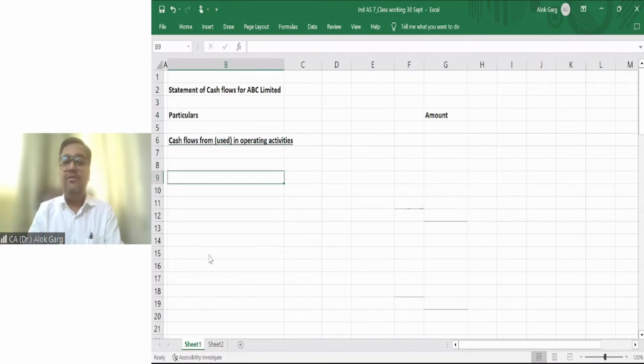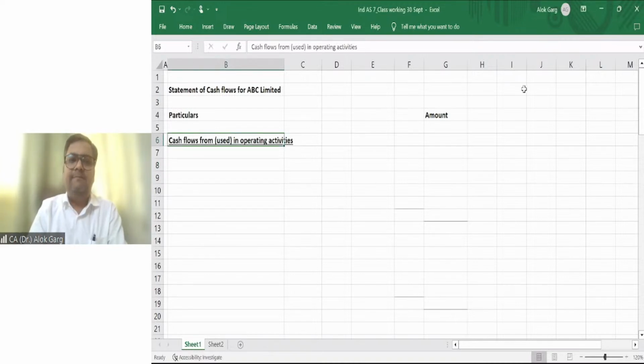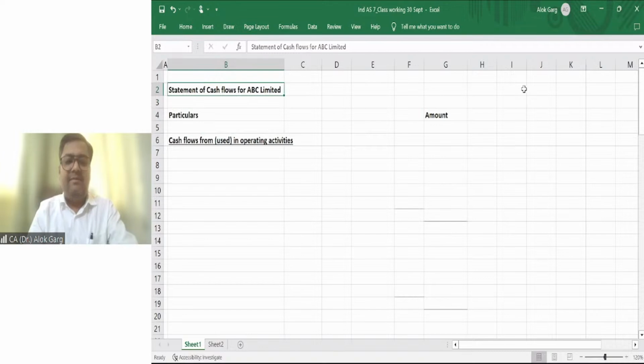Very good. So cash flow from operating activity, cash flow from investing activity, cash flow from financing activity. Yes. These are the three activities around which the entire cash flow is getting prepared and presented. So now coming to this cash flow statement, the first activity is I'm preparing this statement of cash flows